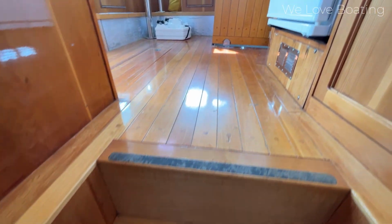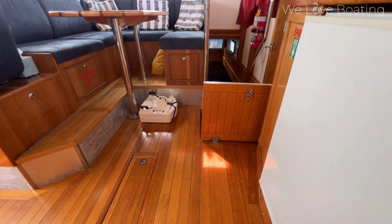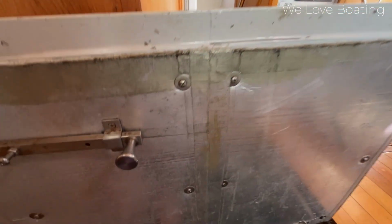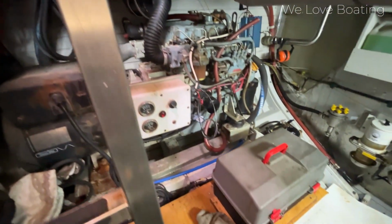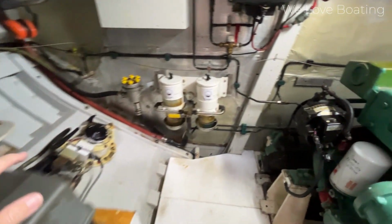So we'll just come out of there, and I think the last thing to take a look at is the engine room. I'll see if I can just lower myself down carefully with one hand down this ladder into the engine room. And we can talk a little bit about the engine and the performance and the sorts of range you can achieve. So I think we said right at the start,